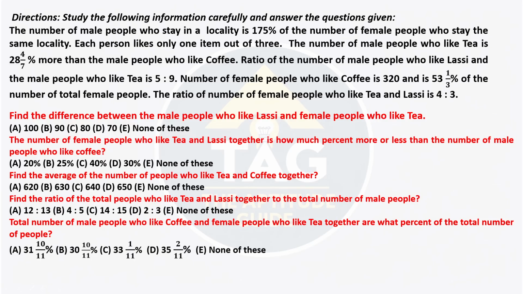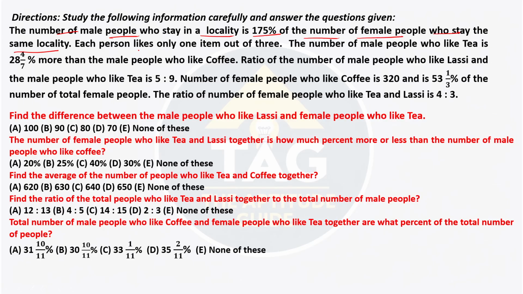Let's understand the given information first. Let us discuss this once. The number of male people who stay in a locality is 175% of the number of female people who stay in the same locality. Each person likes only one item out of three. The number of male people who like tea is 28 4 by 7 percentage more than male people who like